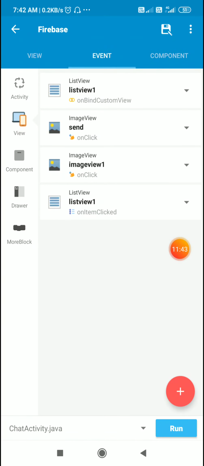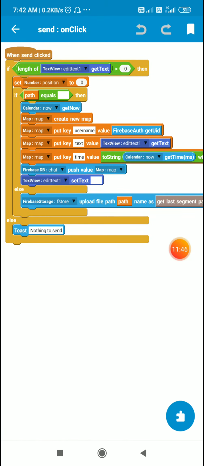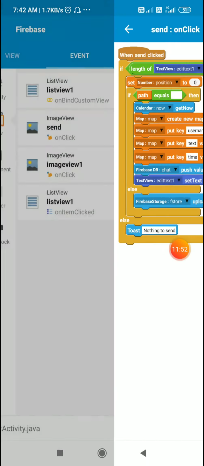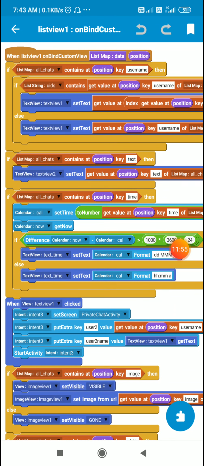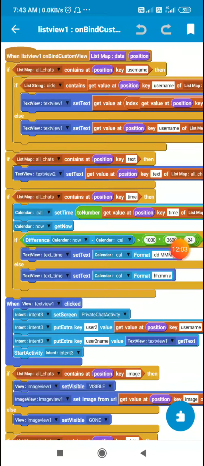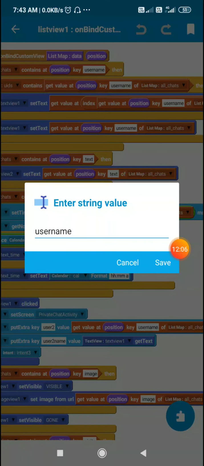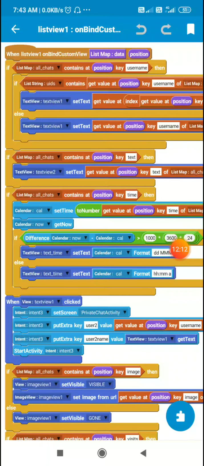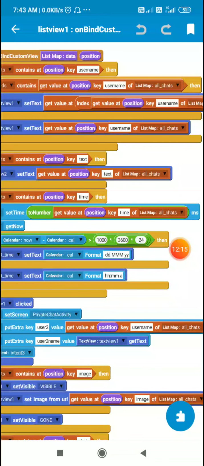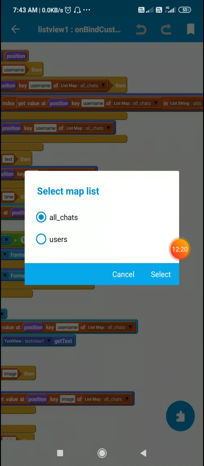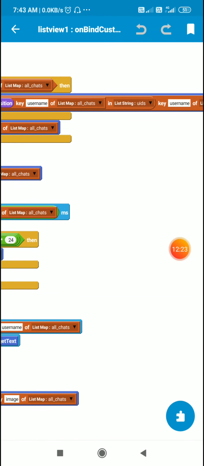Now in the event when send button is clicked, here I have added one thing extra. I have set this position to 0, and in the event on bind custom view, here for setting the username I check if list map all chats contains key username, and if list string UIDs contains get value at position key username of list map all chats. Then for text view 1 I set the text as get value at index get value at position key username of list map all chats in list string UIDs.